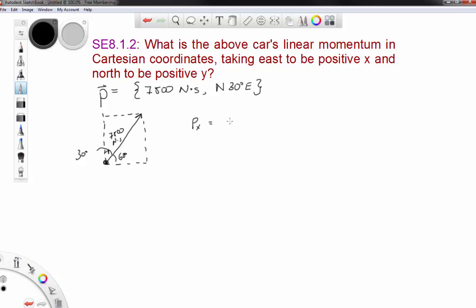So in the x direction, we should have p times, let us say, the cosine of 60 degrees. So that is 7,500 Newton seconds times cosine of 60 degrees. This has a value of 1/2. So we're looking for a half of this 7,500 number. So px should be